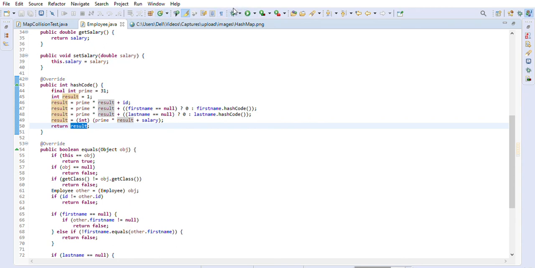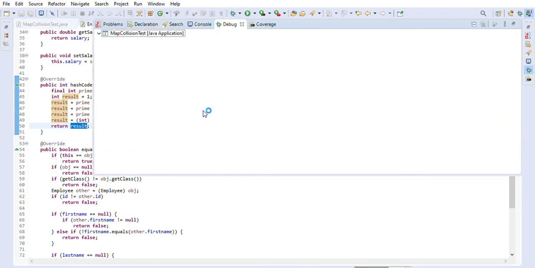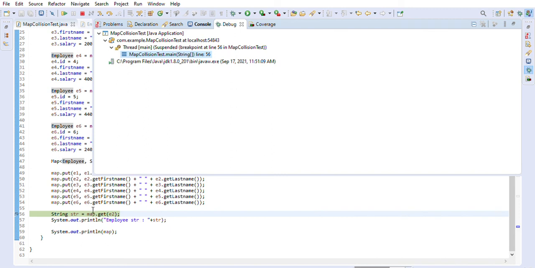After we created the hash code, now you will see that all the employees will go into different buckets. So now I will again expand this hash map. As you can see now, here in the table, all the employees are populated in different buckets, right? They are not going into the same bucket. This is 1, this is 2, this is 3, this is 4. So they are dispersed, right? They are not going into the same bucket anymore. As you can see, this is the only one in this bucket, and next is null. So this is a good way of implementing the hash code method.